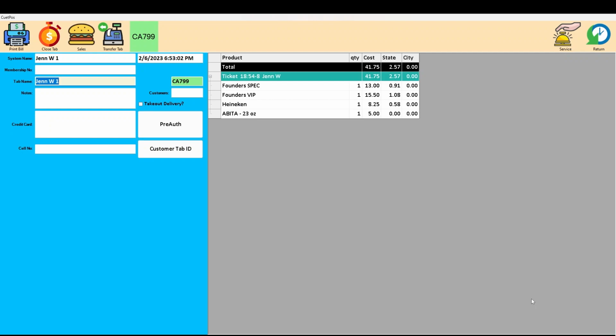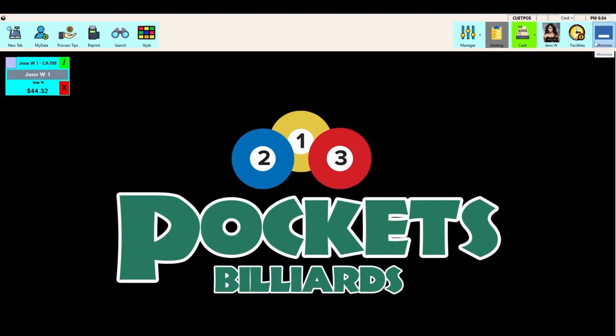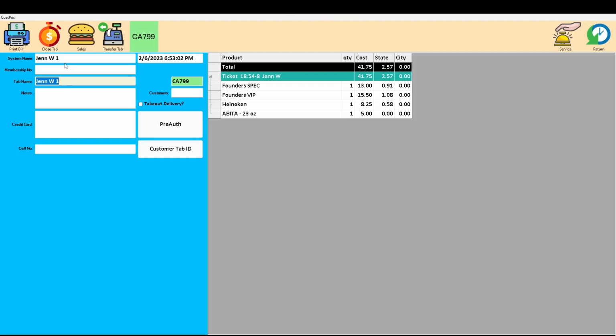That sound is the order going off to the bar. Should there have been food items in there, that would have gone to a food order, a kitchen order printer, or one of the kitchen display units. But now you can see the items have been placed in the cart, and all I have to do now is hit return. If I would like to customize this a little bit, I can hit the little green eye